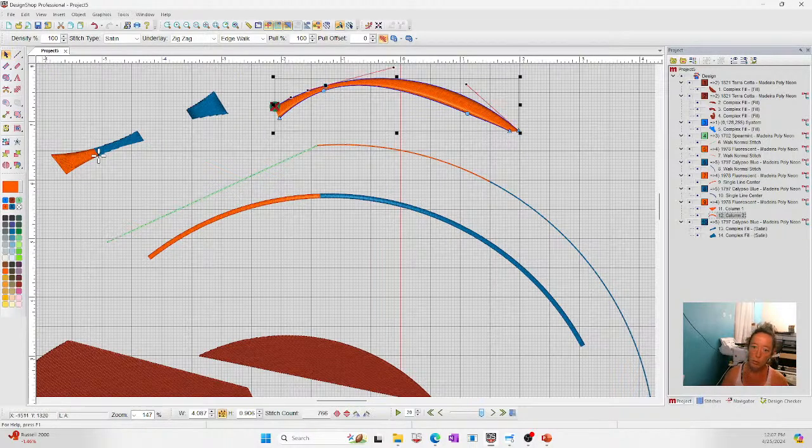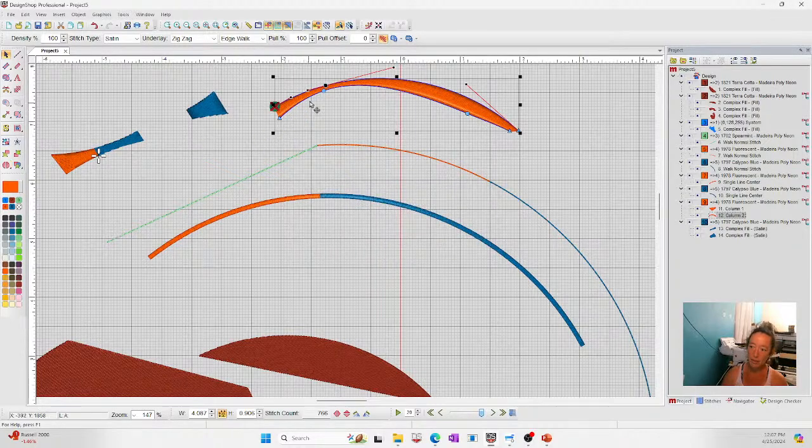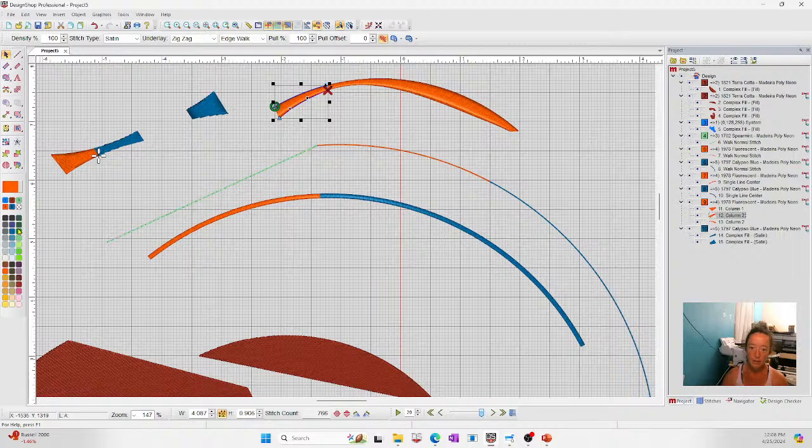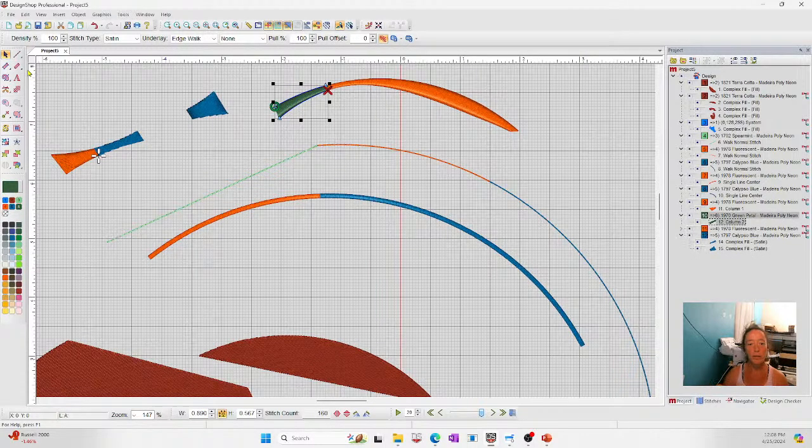If I click on one point, so here, yeah, this behaves just like a column, like a fill. You have to select both points to tell it where to split across. So it's your column 2 and your fills. You have to select 2 points, your column 1 and your single lines, and your walk stitches, you can select